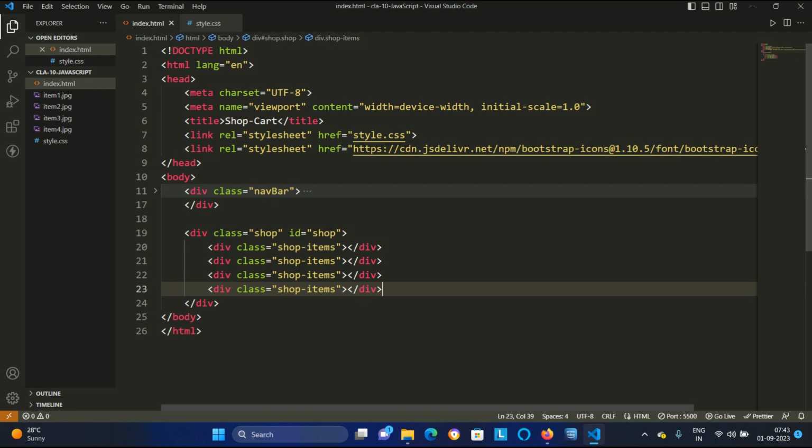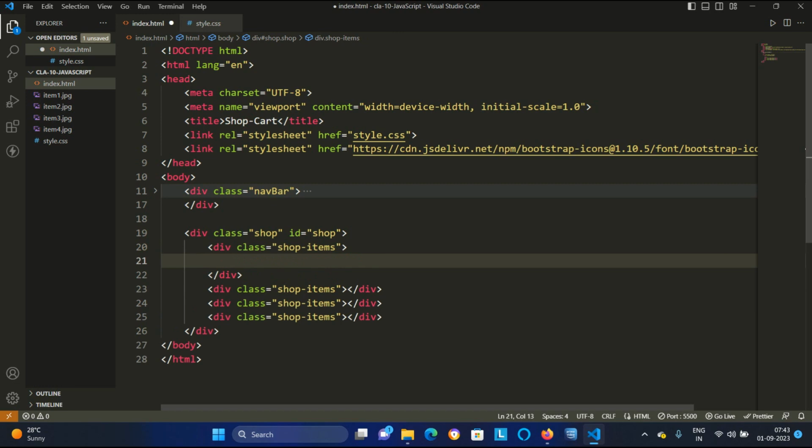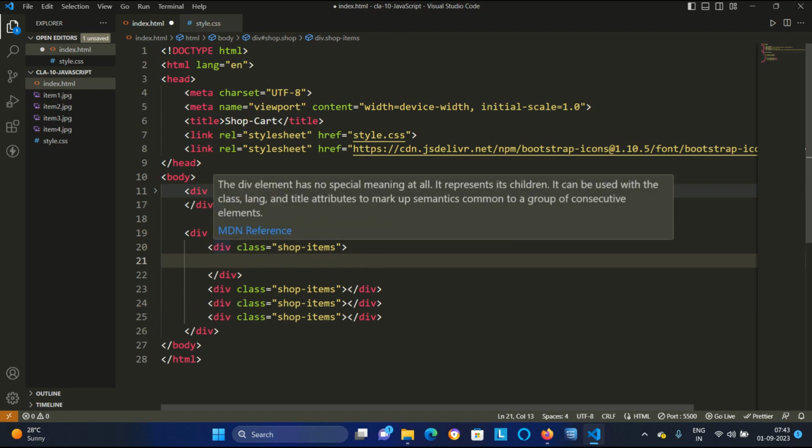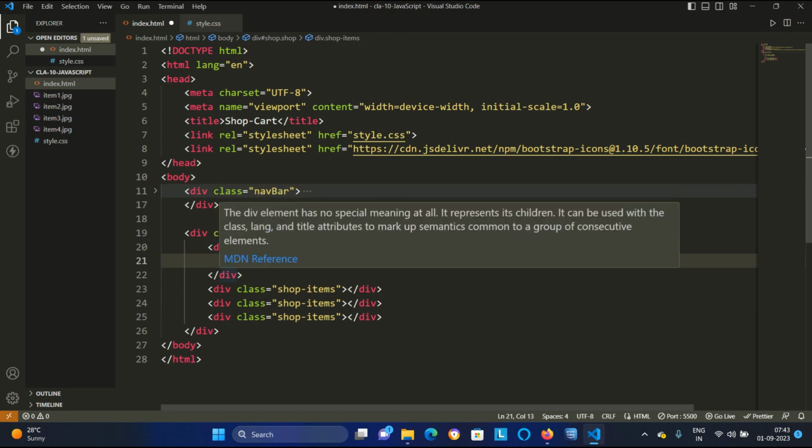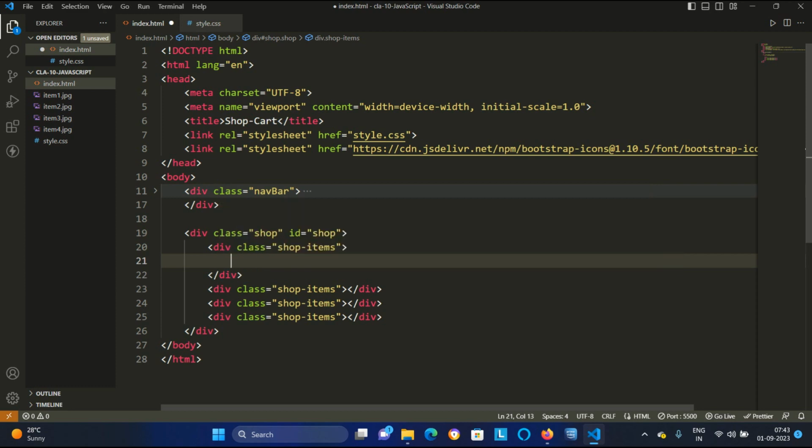Here I will say that in the shop we have one div. I will create the first div, and the other 3 divs will be in the same way. So in this div I will have one image.